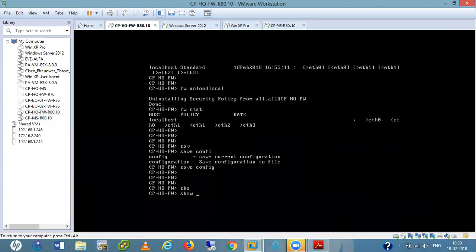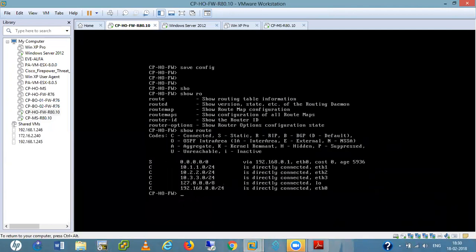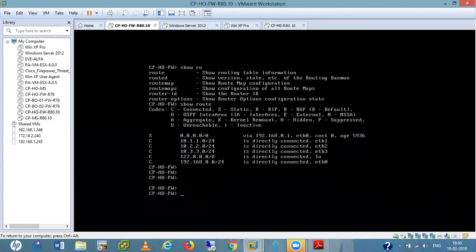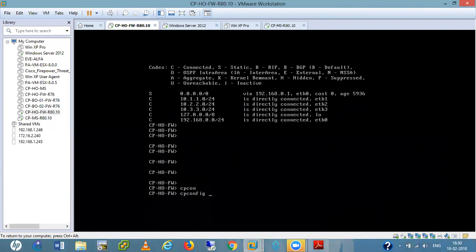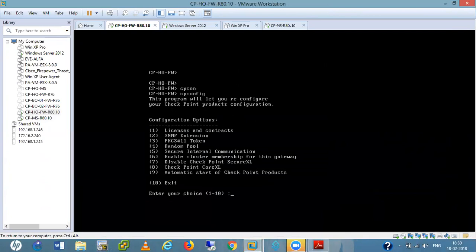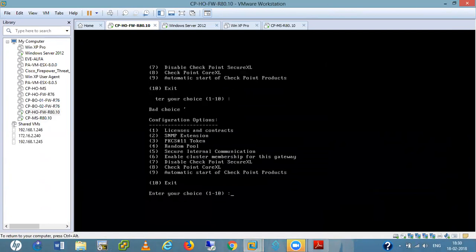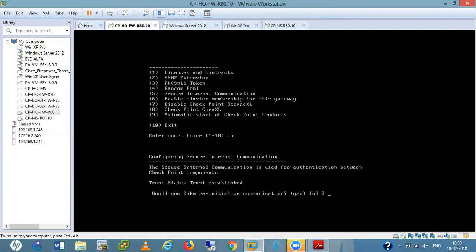Also, for routing, we have routing, not an issue. Now I also want to reset my SIC connection. Option number 5, press 5 here. Yes, I want to.